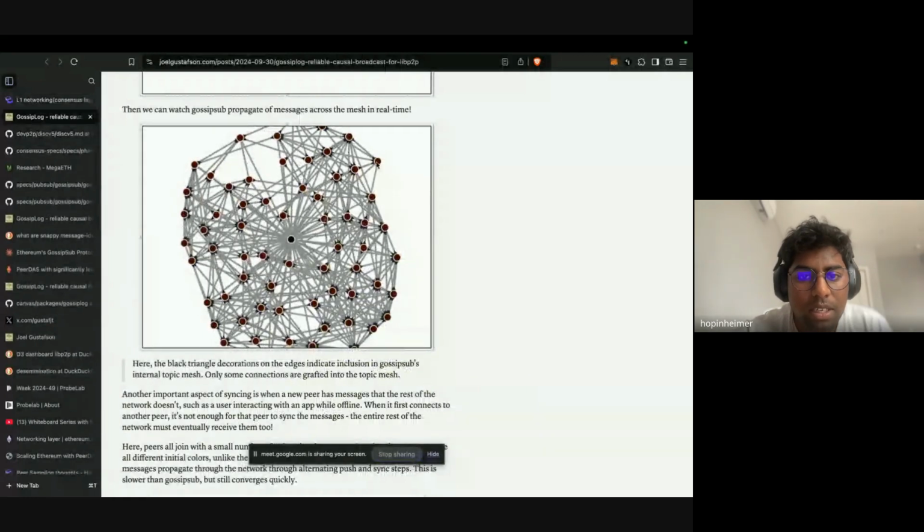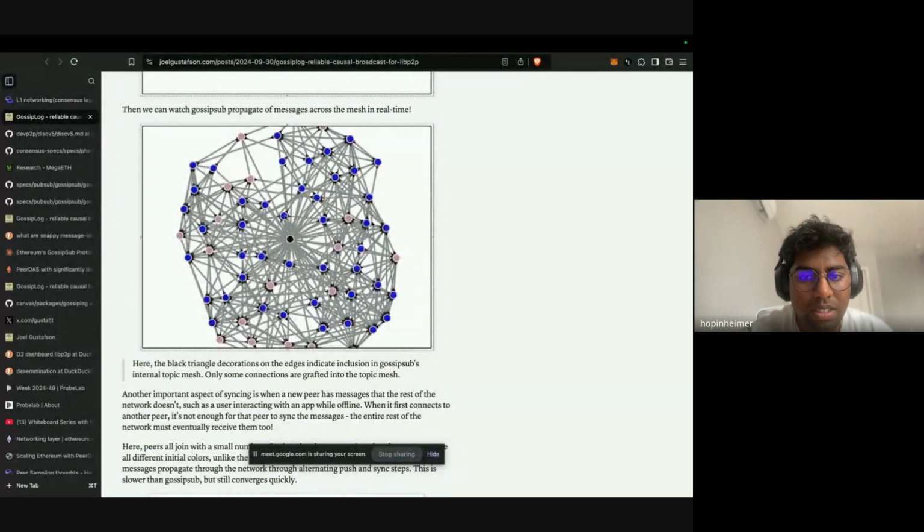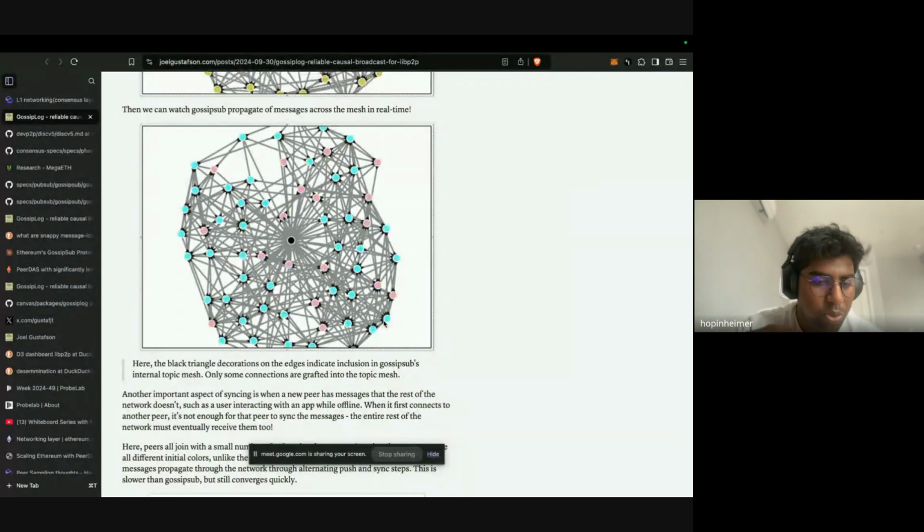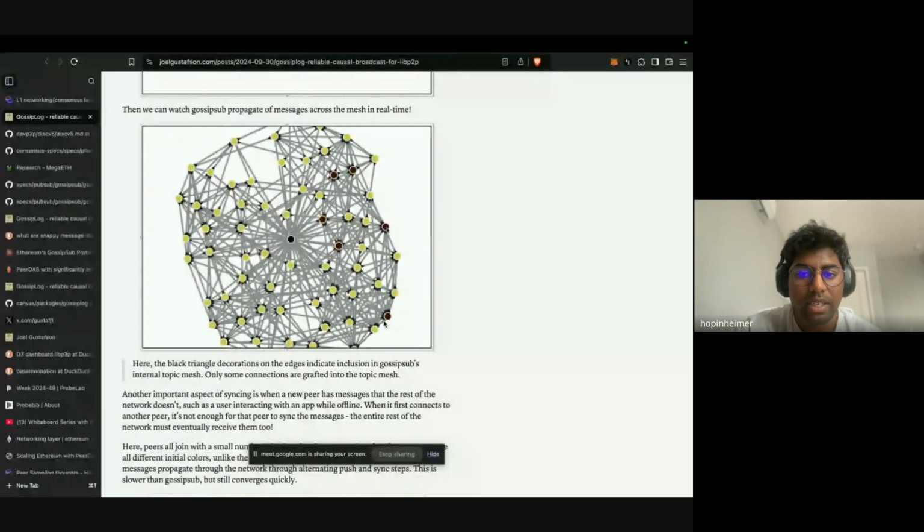Yeah. So this is the visualization that I found. It's super nice. So basically there are subnets within the gossip. There is an entire network, and then there is a small subnet where you basically do a floodsub. So you get a message and then you publish it in your own subnet.